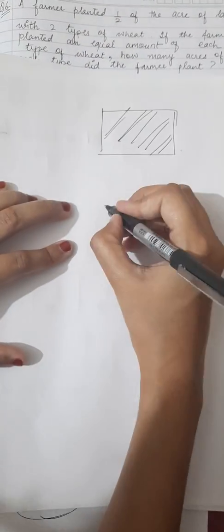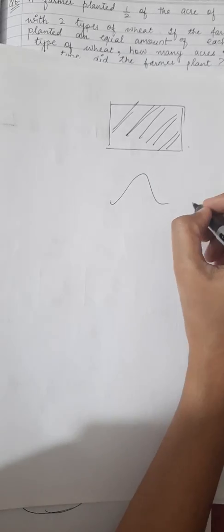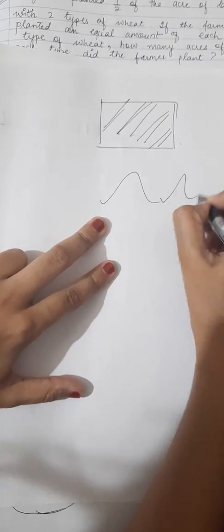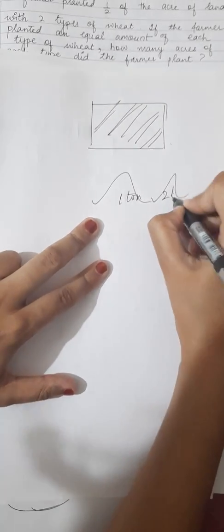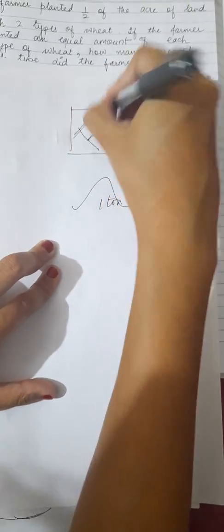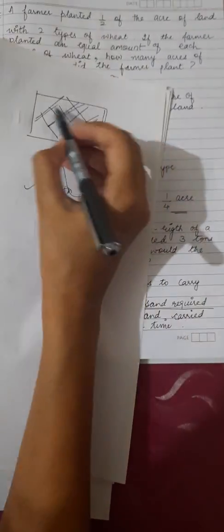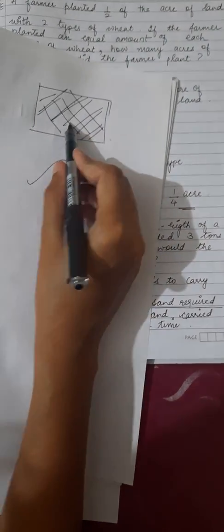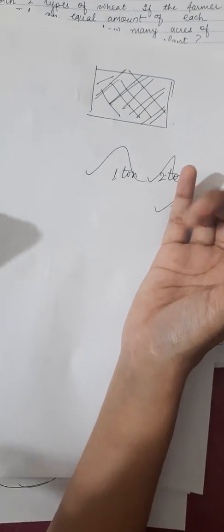How much? Like this is 1 ton, this is 2nd ton, this is 3 tons of sand. Right, now all these 3 tons I have to keep in this so that the sand can be placed here. Okay, so in this we want 3 tons of sand. Now the bulldozer can take out 1/8 of the ton of sand.